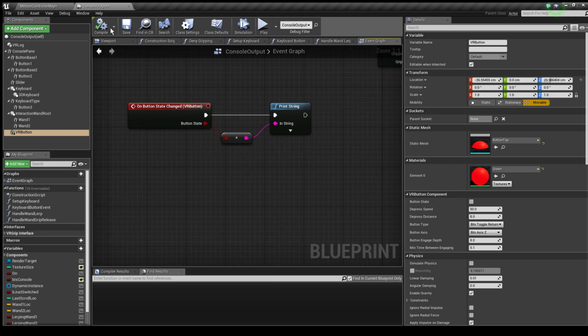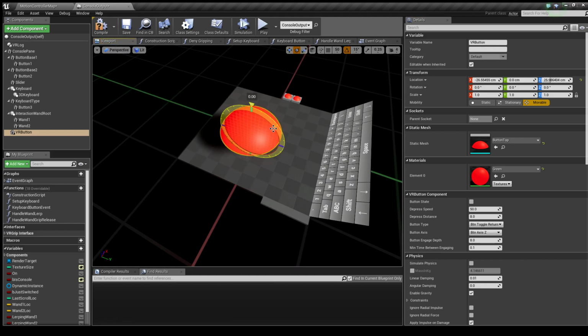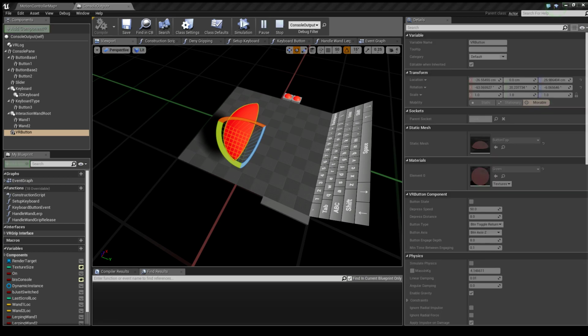And I mean that's about it. Since it's in relative position, the button doesn't matter which way you rotate it or how you handle it. It'll just work. So I mean right here we have a rotate